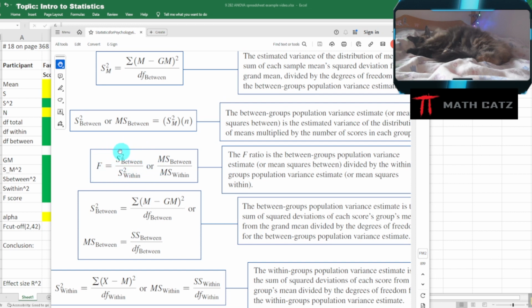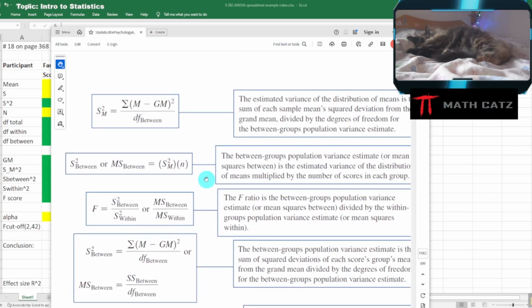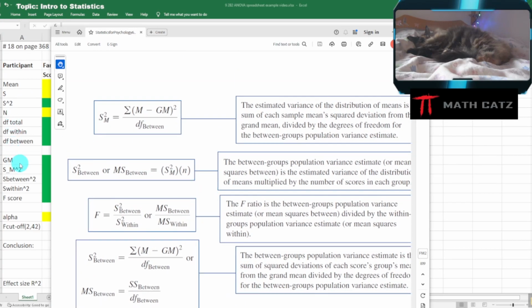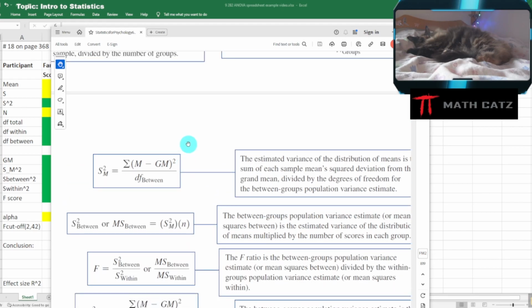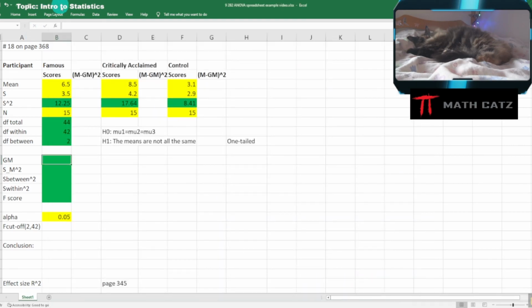We'll use the variance between the groups and compare that to the variance within the groups. Estimates, of course. So we have to calculate each of these. The way I've laid it out here, we'll start with the between group one. That is going to require that I look at, like it said, the variance between the groups. So I'm sort of treating the groups as one data point, one score,